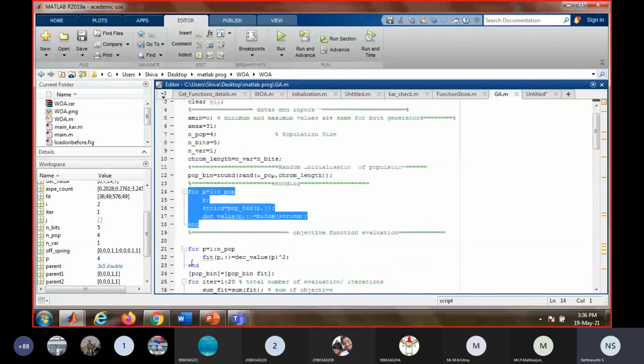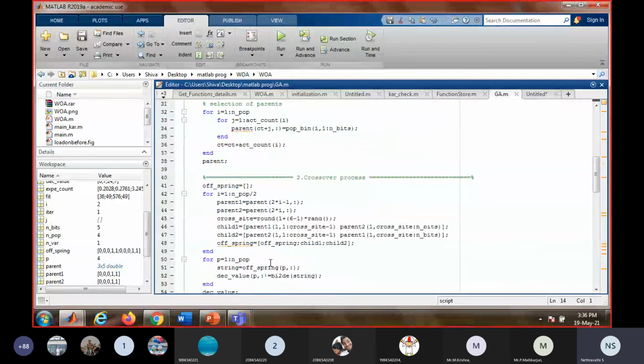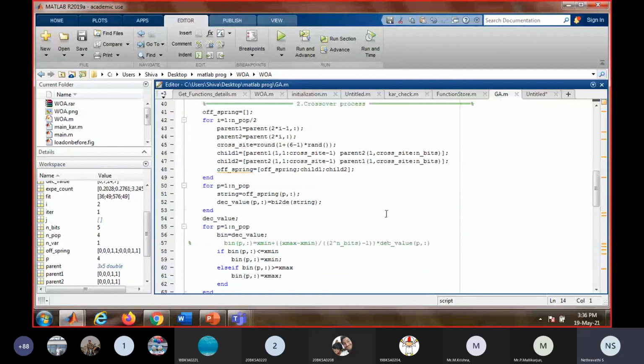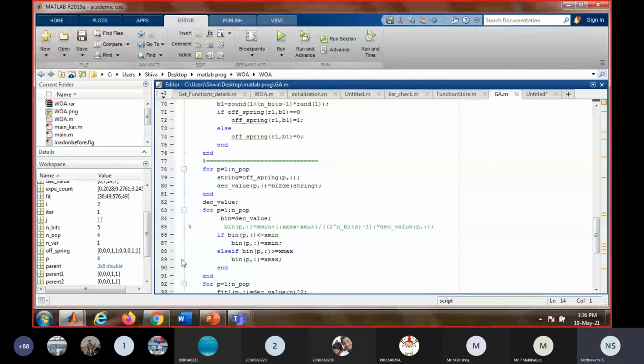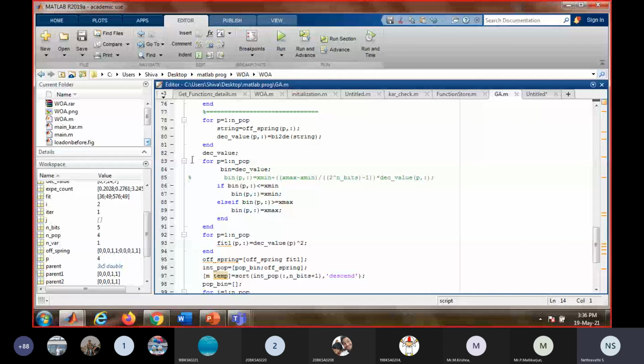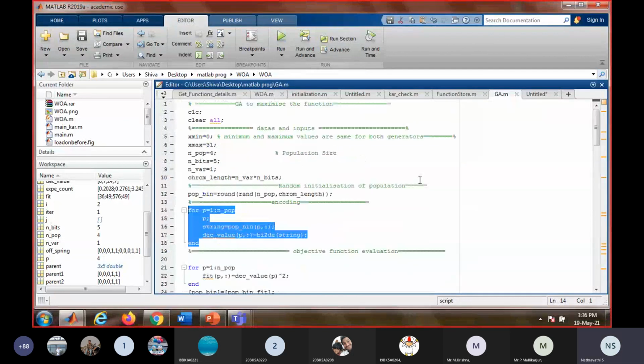But actually a genetic algorithm does not require this many lines. If I make it a function, then the number of lines will reduce. This checking of the minimum and maximum value has also been repeated twice like this. These can all be made into functions and then called whenever required. Okay, so that was the MATLAB...